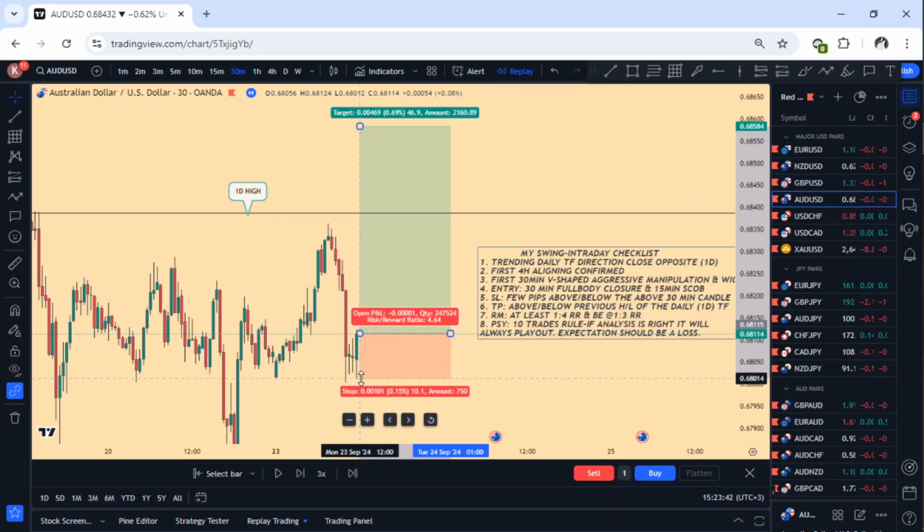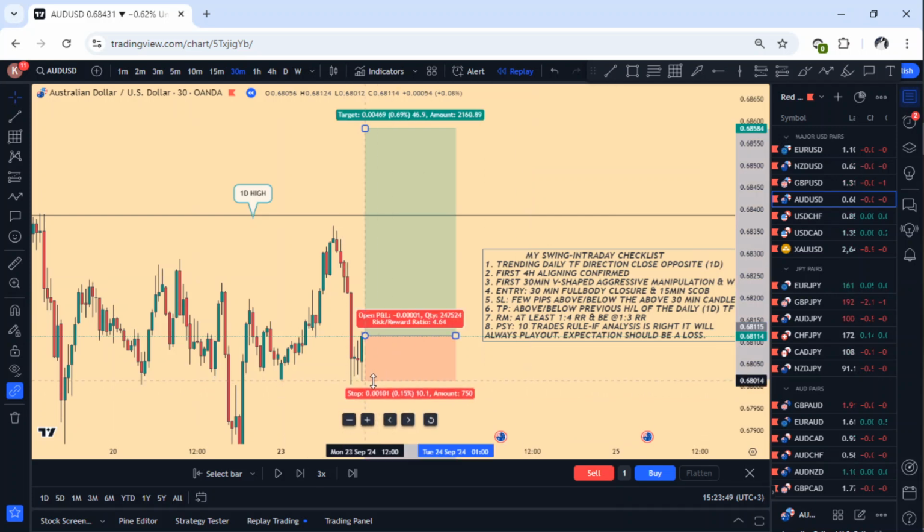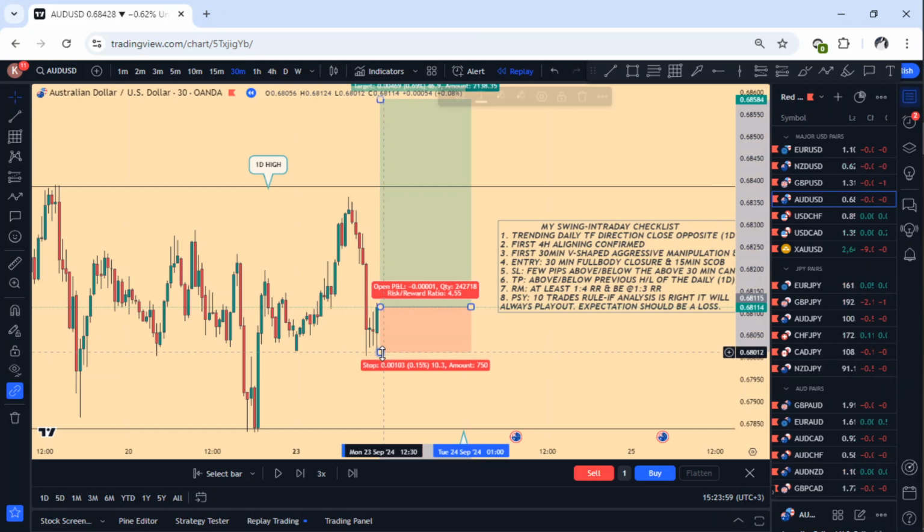I don't like stop loss here or here. Now the reason why I would place, ideally this is where I would place my stop loss, because this market I don't expect it to come back down. But the problem with this is that if you check time, we are now starting a new candle. This is a new 4 hours. This is the second 4 hours, so that is why I would put my stop loss somewhere here below here,